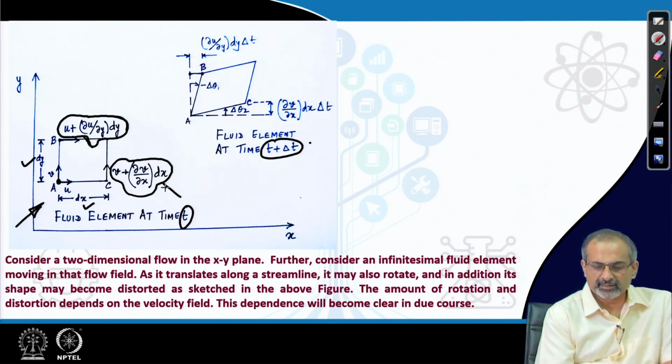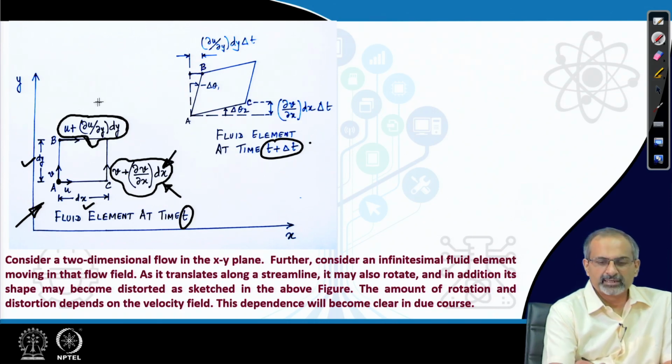So, here it is partial derivative of the v velocity component del v del x, because we are moving along the x direction, and then we multiply it with the length over which we have moved. Here we have moved along y direction. So, we are looking at the gradient of u along y direction del u del y and multiplying it with the distance by which we have moved. So, those define the u's and v's at the point